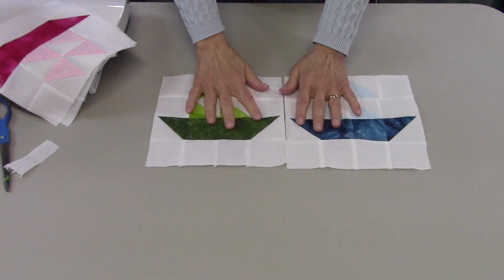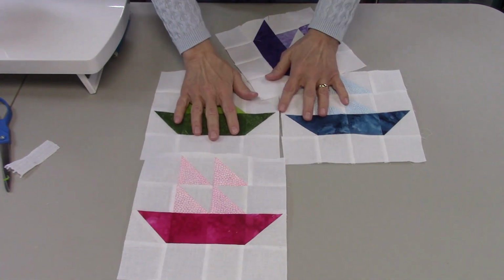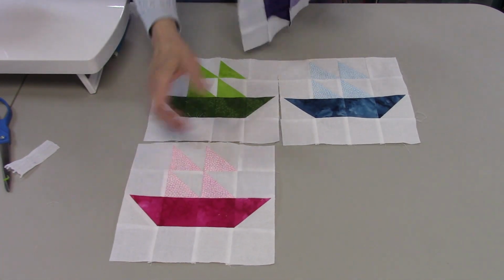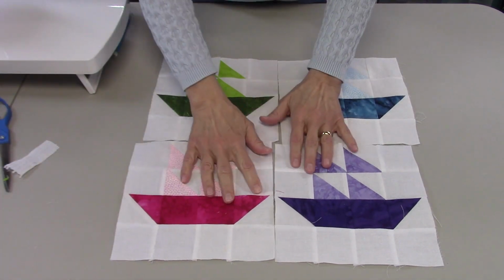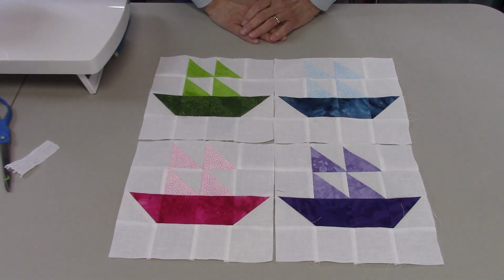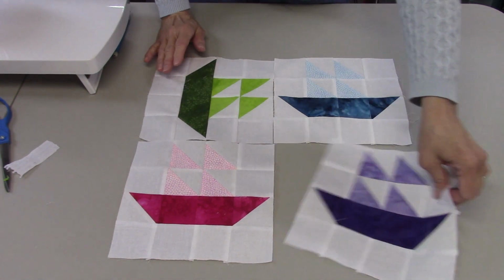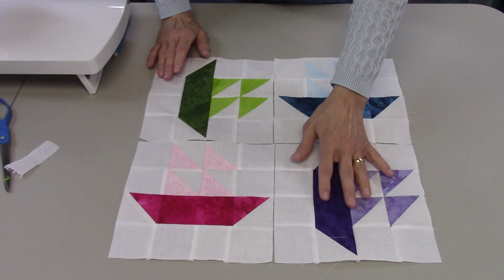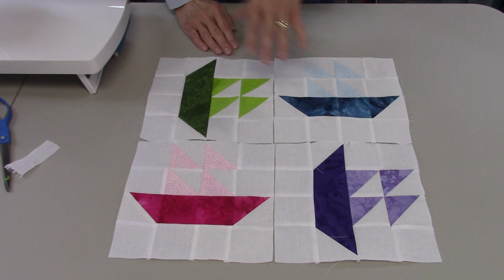Here are the 4 blocks that I made. I have a green and a blue, pink and fuchsia, and a purple one. So you can make these in all different colors, and I think they'd all be pretty cute. As far as putting them in different layouts, you know, that all depends on you. You can put them like this, and